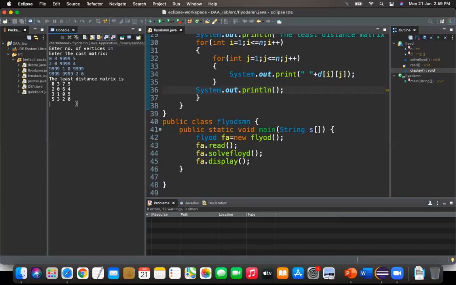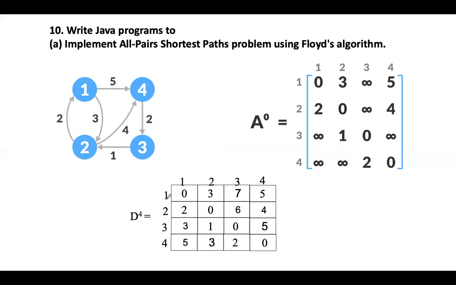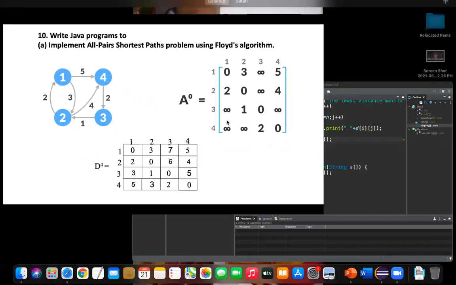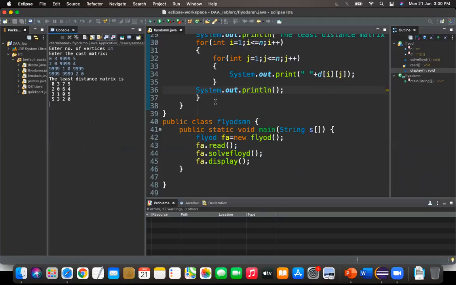By seeing the matrix itself, you can tell the distance between each and every vertex. In the exam, if someone asks you to display the minimum distance between 1 and 4 or 2 and 4, as a modification, you should be able to do it. Everything is present in the matrix.